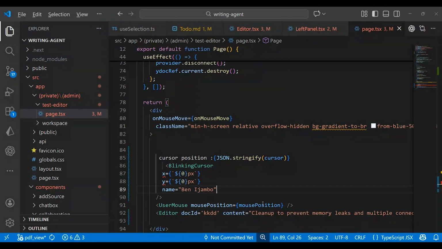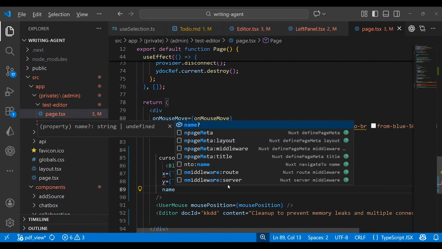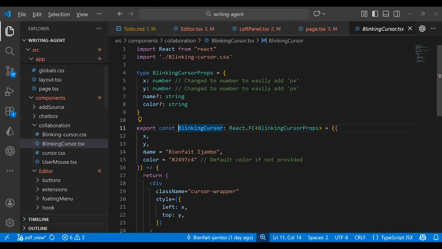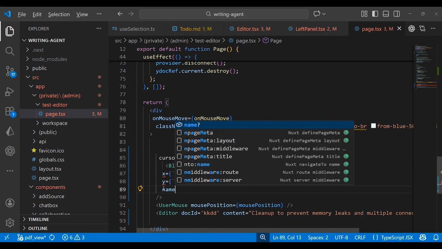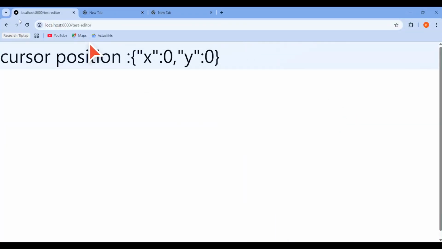And what I'm going to do now, I'm going to pass here the X and Y position, and then let's see the name. Let me check here the name. We have a prop here. I should pass it. Name is Ben Ijimbo and the color, okay, something like this. And now let me modify the name here and pass it Ben Ijimbo. Now let's head into the browser and see what we're gonna get here. Now if I refresh the page here,